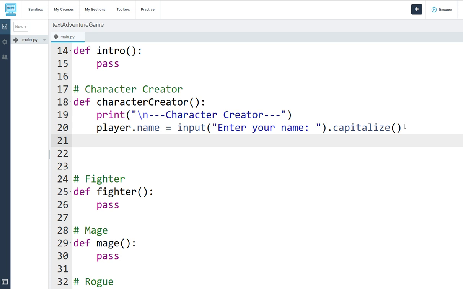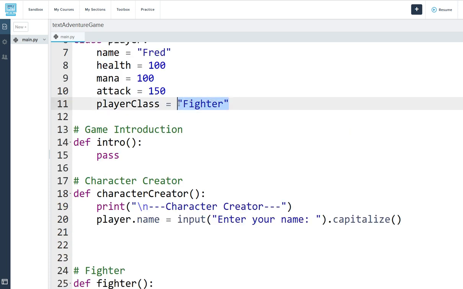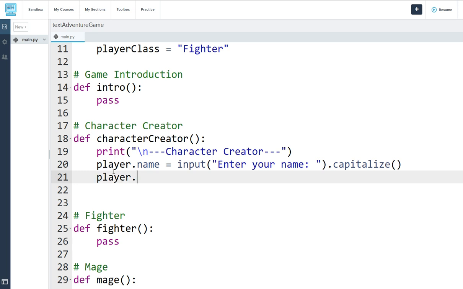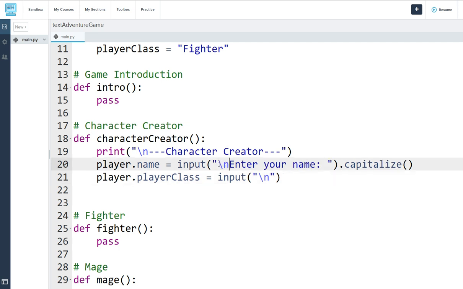Then we are going to get their input for what their class is going to be. So player class equals input, new line, and we'll put a new line here as well. I like new lines. I like space in my console. All right, so player class input, we'll say choose your class,